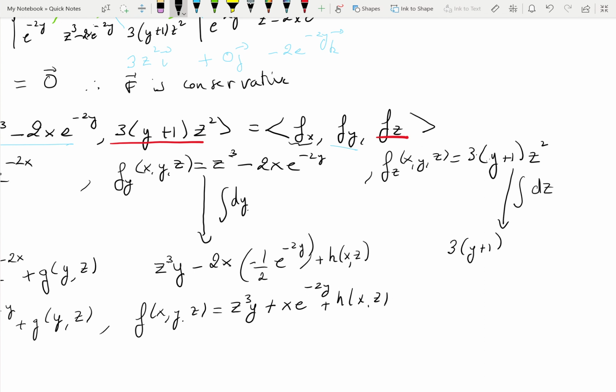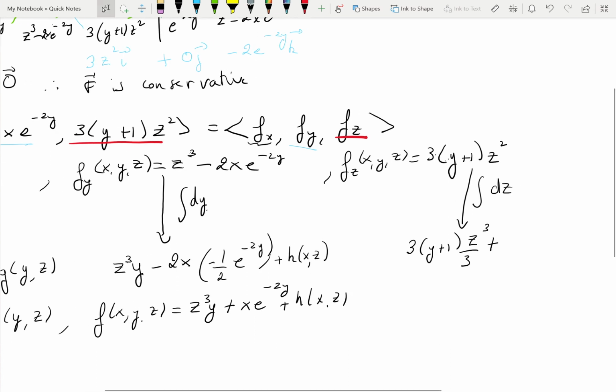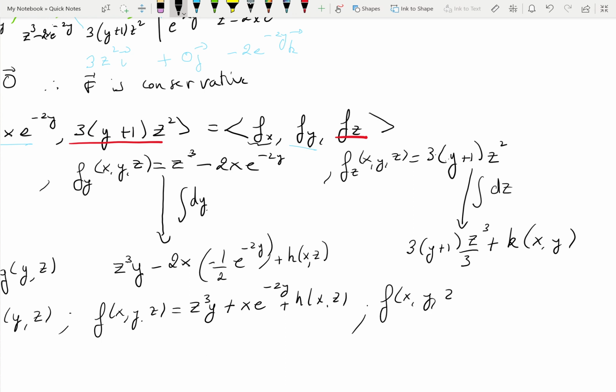So again, 3 and y plus 1 are treated as a constant, and then you integrate the function of z, which is z cubed over 3 plus a constant. But when it comes to z variable, x and y are constant. So here, if I were to just look at the partial with respect to z, I partially recover the potential function, and I find, so the 3 cancel here, to be yz cubed plus z cubed plus k